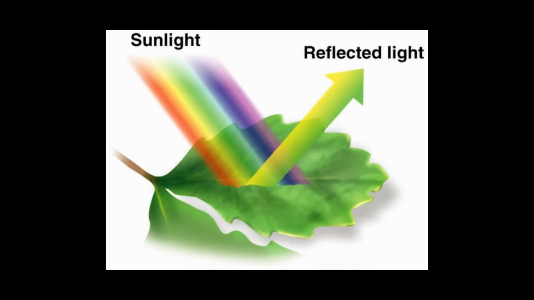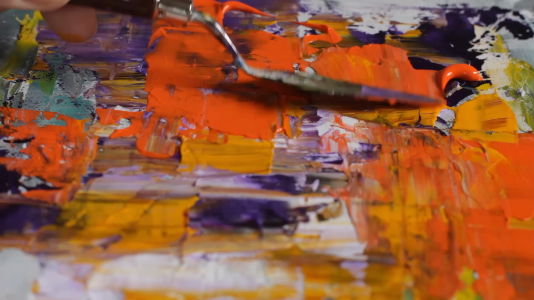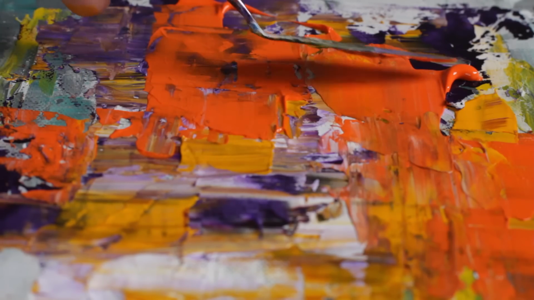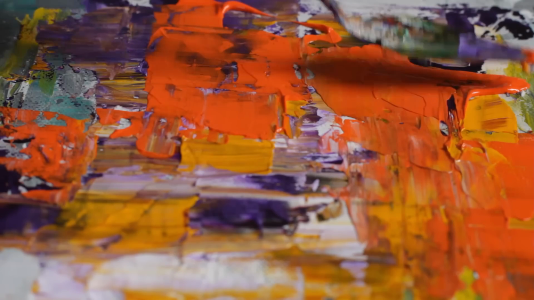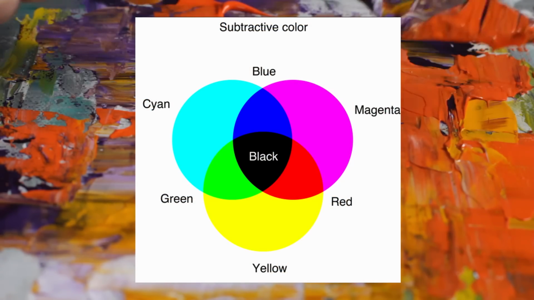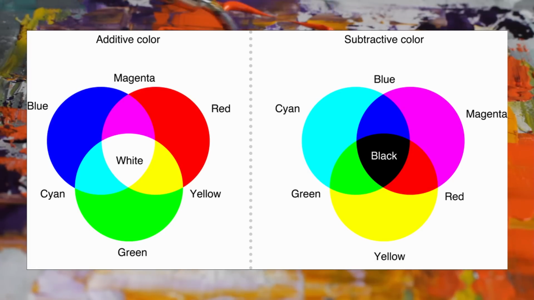Pigments only reflect certain frequencies of light, absorbing all of the other ones that hit them. Seeing the color of a pigmented surface is seeing the colored light that it reflects back. When you mix different colored pigments, they end up absorbing most of the light, reflecting very little, which combines to make the color black. This is subtractive color. The primary additive colors are red, green, and blue because they're the frequencies attuned to the